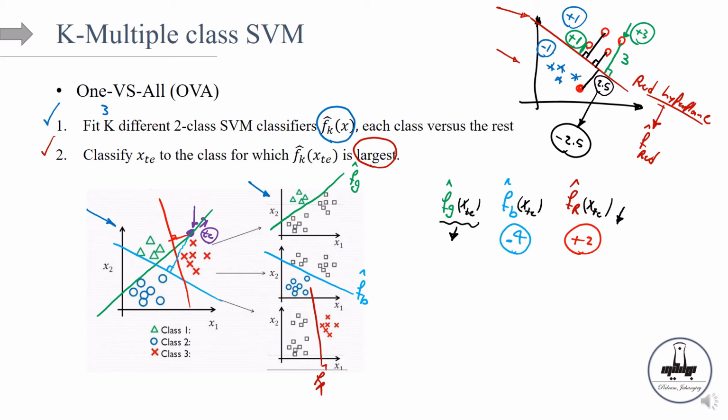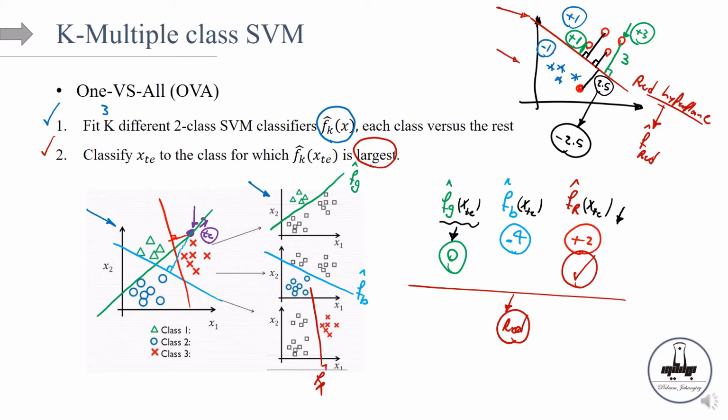Okay, and then finally, let's look at the green hyperplane. So this X test set, the purple one, is exactly lying on the hyperplane. So what is the f hat for that? Yes, the f hat is going to be 0, right? Because the distance is 0, right? So we have 3 numbers, 0, -4, and +2. What is the largest one? The largest one is going to be +2. So the model is going to classify this test observation to be class red. This is what we suspected from the beginning, right? So this is how the OVA model, one versus all, is basically helping us to classify multiple